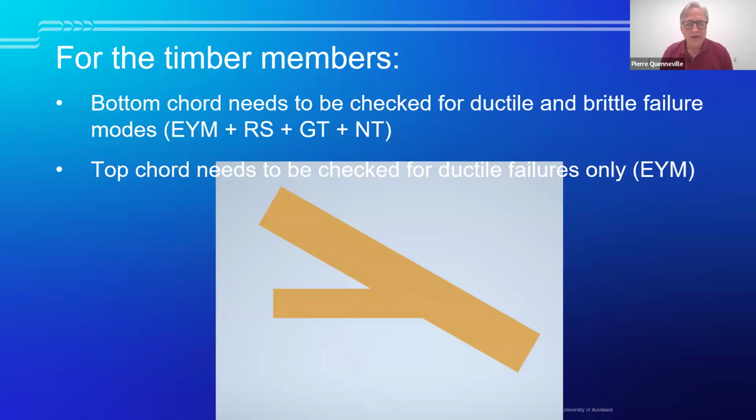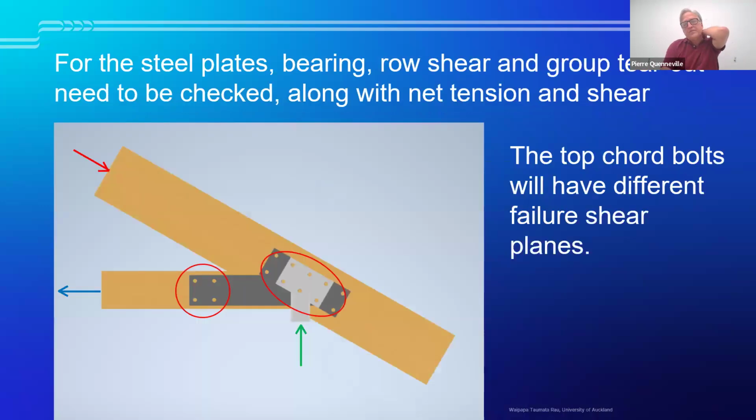One thing that would need to be looked at in more detail is the row shear resistance, as the top row would have a shorter end distance, then the top row end distance would be the one governing the row shear resistance of